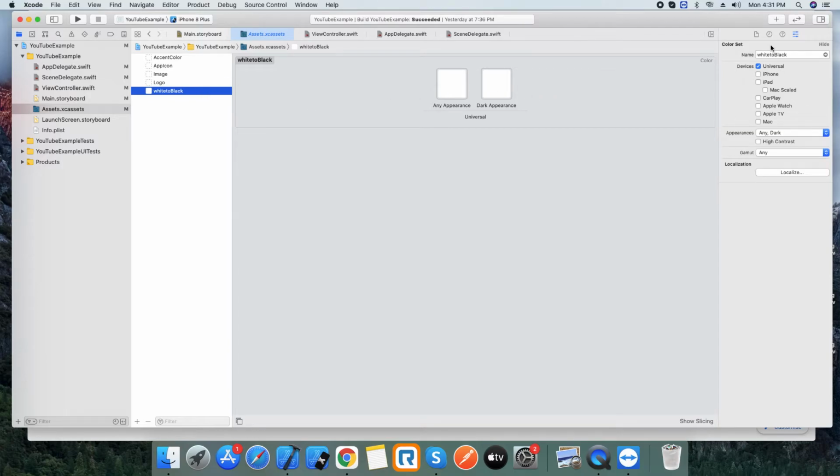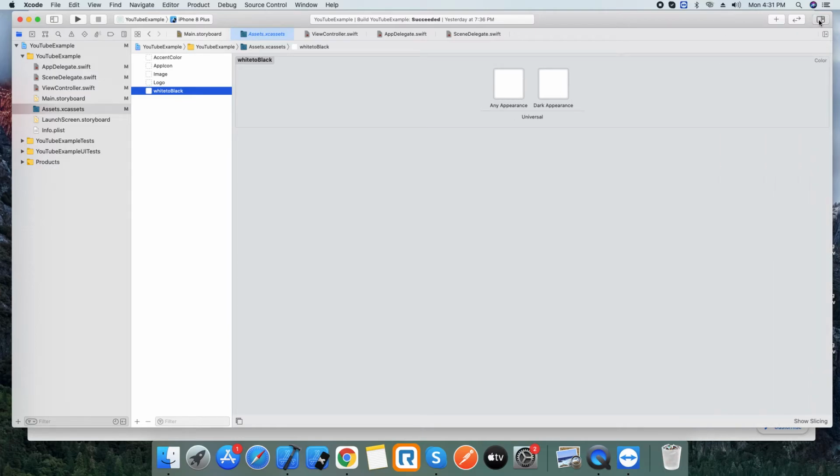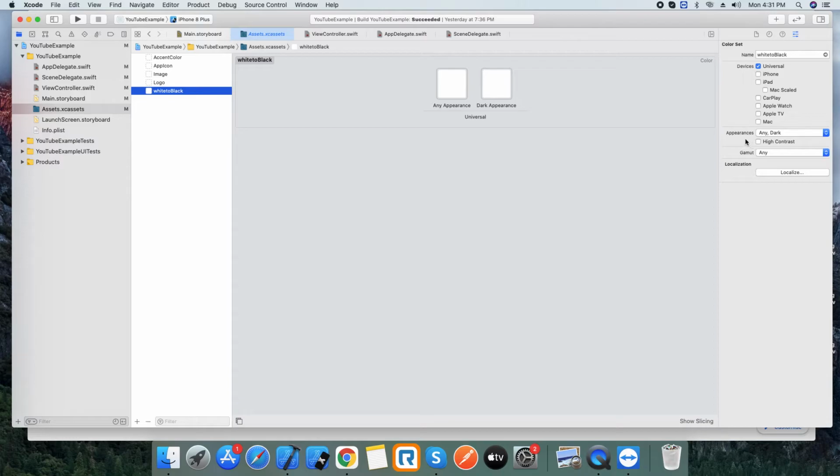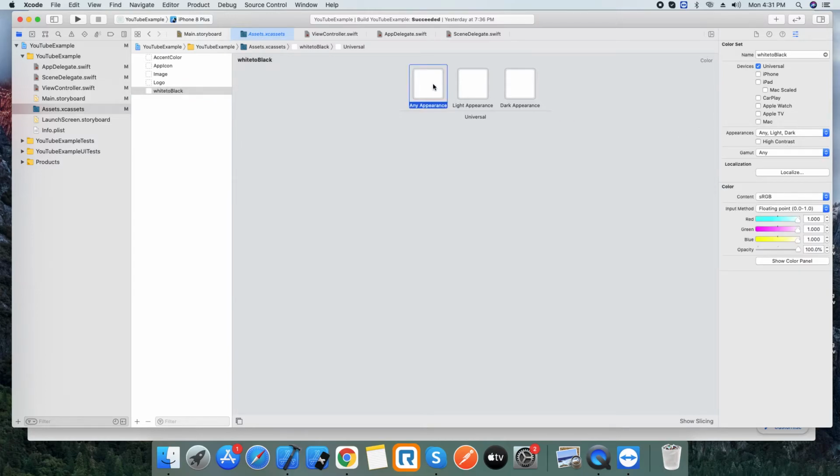After selecting this, you can change it here in the inspector. If it is not visible, please click on this and it will be visible here. Here you can see the appearance: Any, Dark, Light. I'm selecting Any, Light appearance, Dark appearance. We need to provide this because below iOS 13 there are no theme settings, that's why it comes under Any appearance. After 13 we have these theme settings. So for light appearance it should be white, and for dark appearance we can change it here.